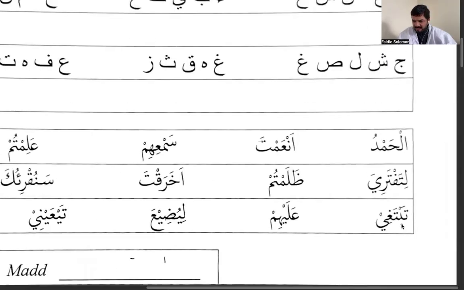Next line. We have ta, ba with sukoon, tab, tabtaghi. All right, before I say this one, let's see if you can look at it and recognize